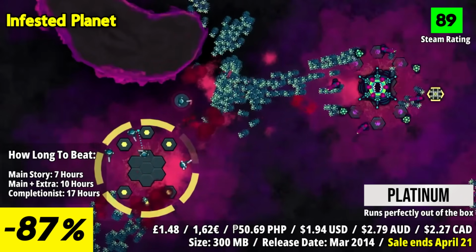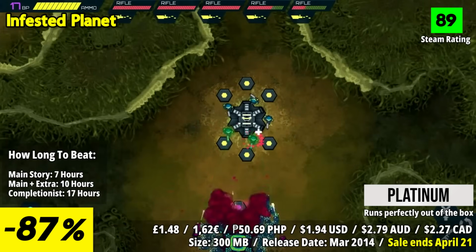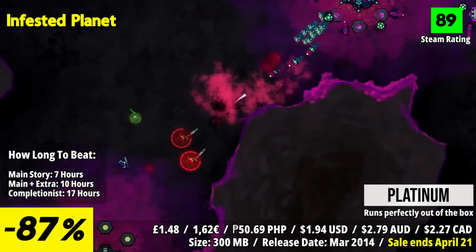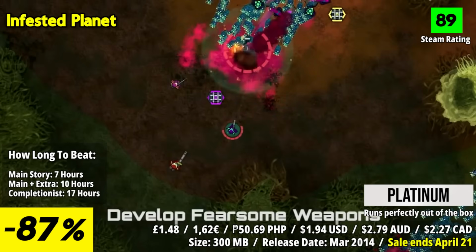Infested Planet throws you into an unforgiving battle against a relentless alien swarm. With only 5 elite soldiers under your command, you'll face an ever-shifting enemy that adapts to your every move. Tactical mastery is your greatest weapon as you push forward, securing ground only to be forced to rethink your strategy